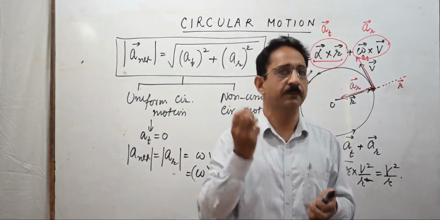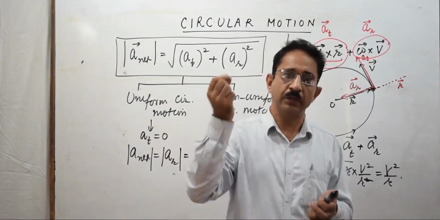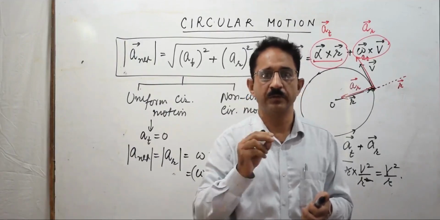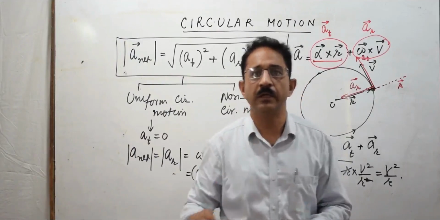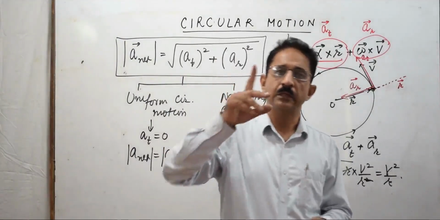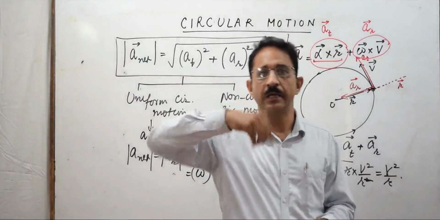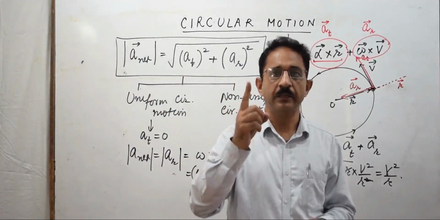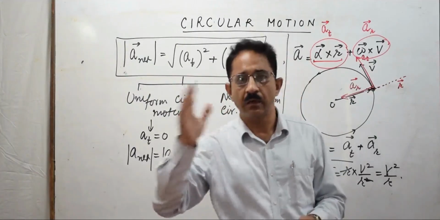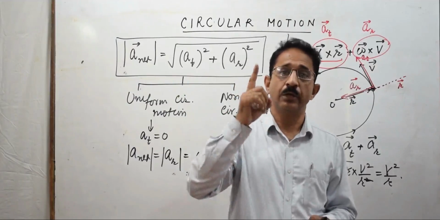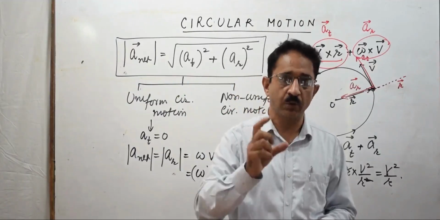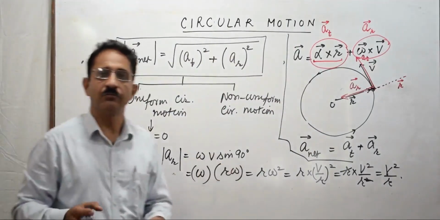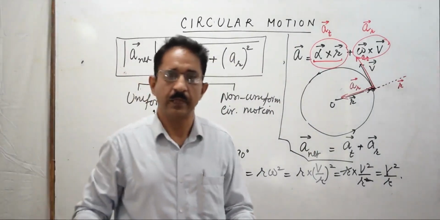We started with a very simple relation, v equal to r omega, put it in vector form, differentiate it. When we differentiate, we arrive at two terms. That way, the net acceleration of a body which moves along a circle becomes the vector sum of the tangential component and the radial component. And when we investigate into it, we find that the tangential component is not mandatory, लेकिन जो radial component है, it is essential, और वो radial component का हमने magnitude देखा that it is equal to r omega square या v square by r, that's called centripetal acceleration.